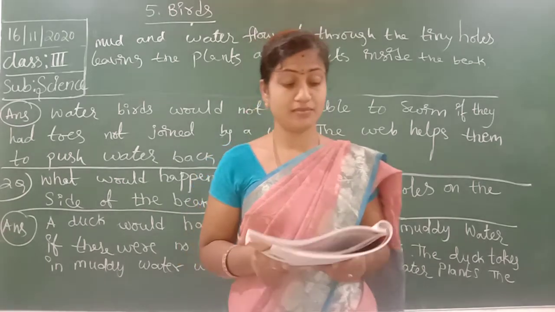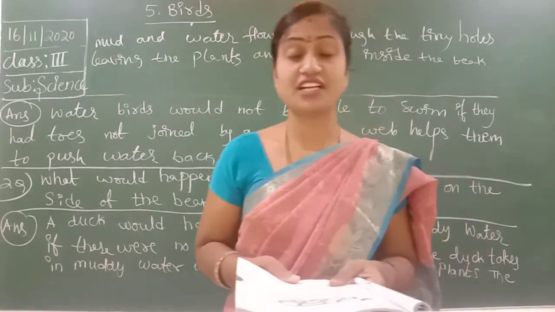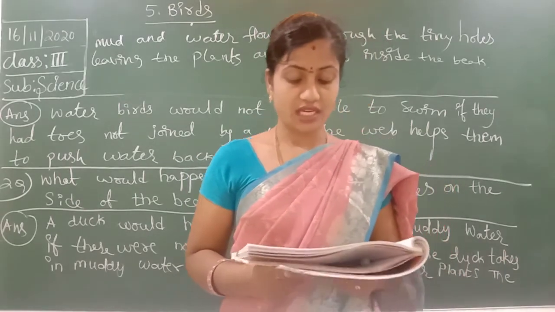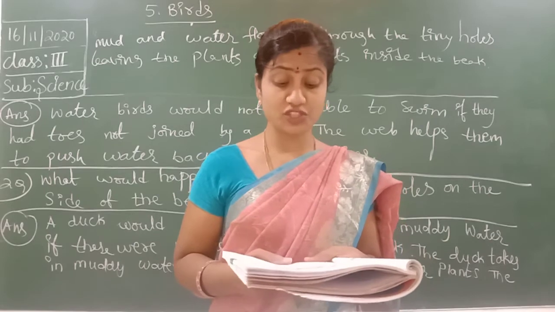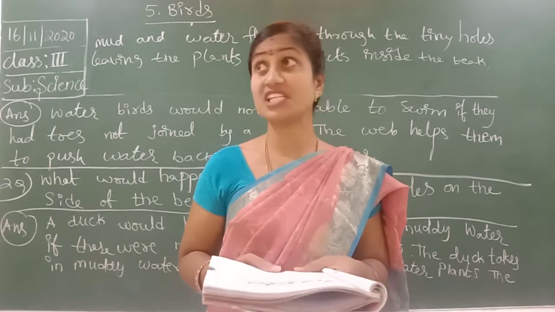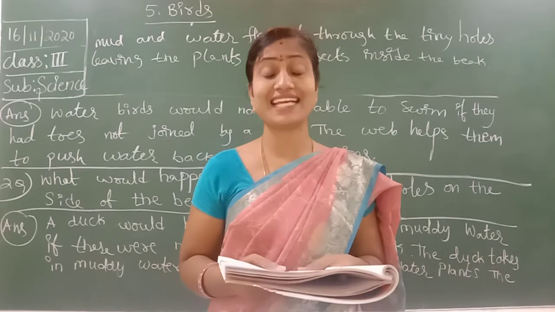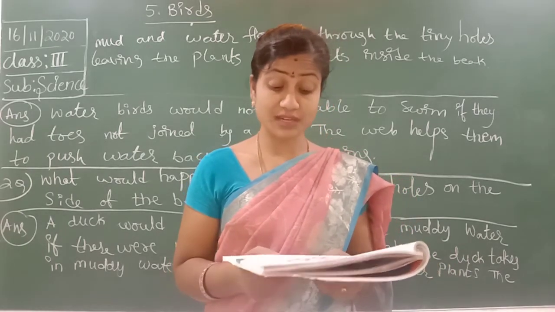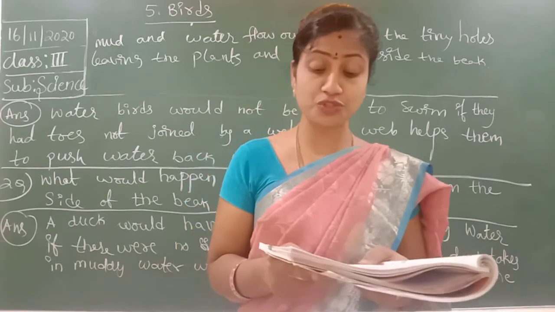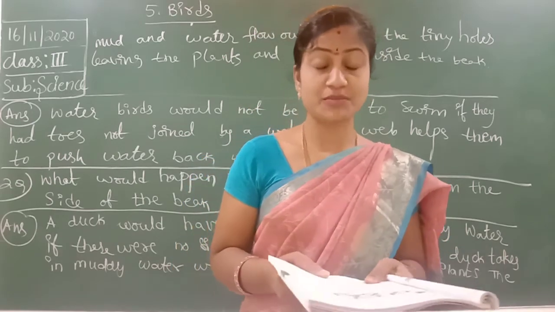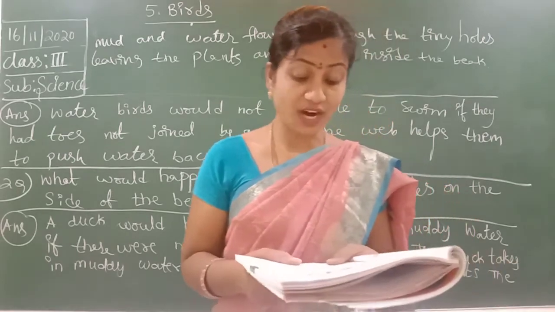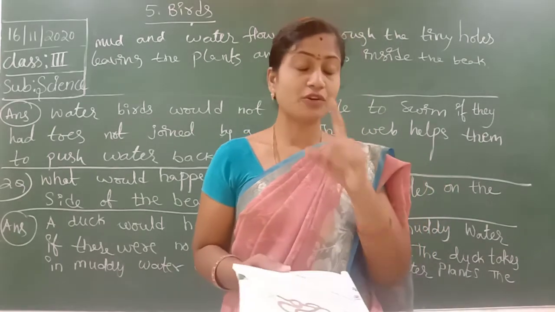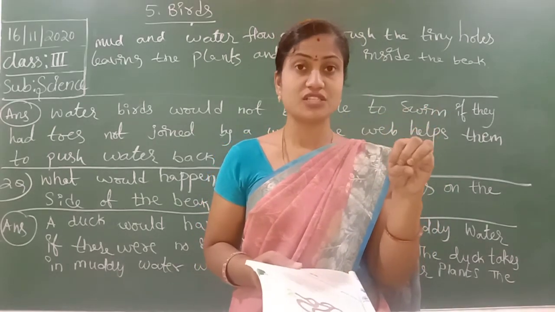The field trip is as you wish. If you are interested, you have to go with the adults. Okay, last value. You see a small bird in your balcony. What would you do? You shout or throw something at it to shoo it away. You are disturbing the bird. No. You try to identify the bird and observe its beak and claws. It's much better. You have to observe its beak and its claws.